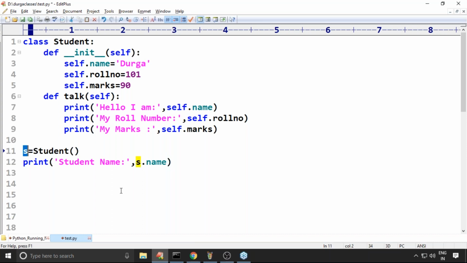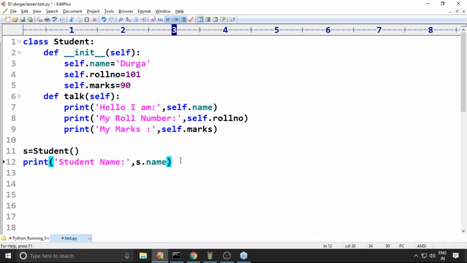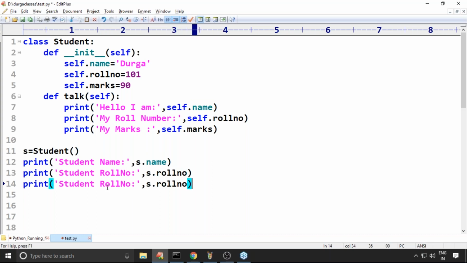Next, the student roll number: s.rollno. Next, the student marks: s.marks, like this.